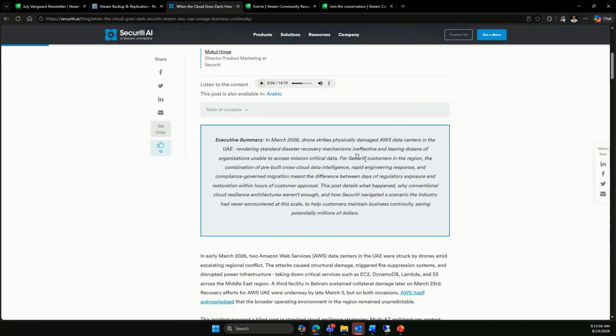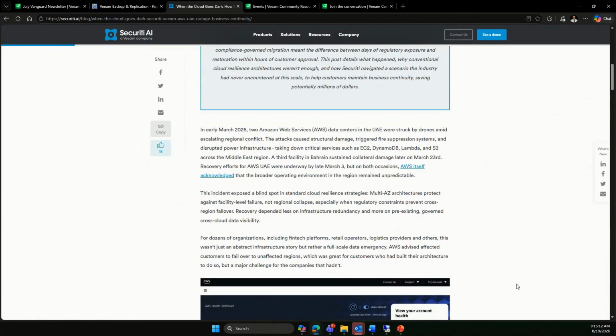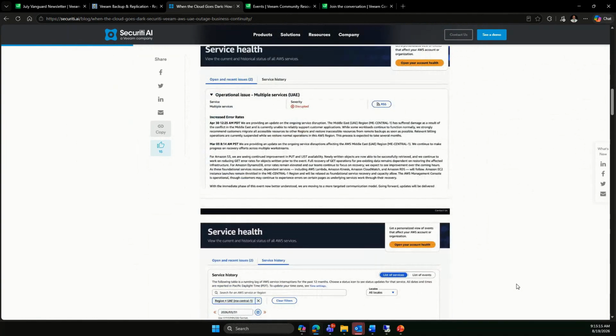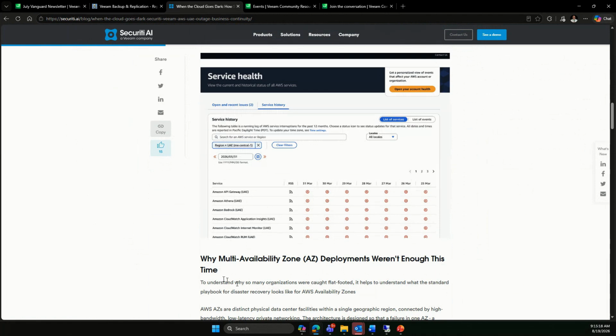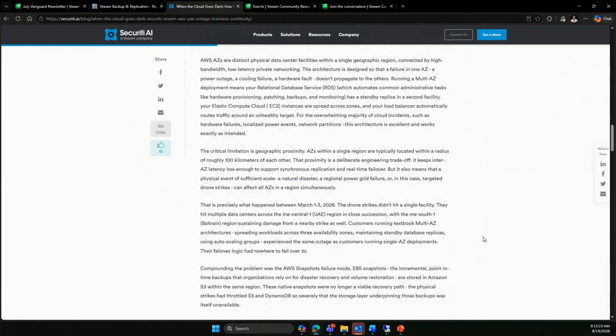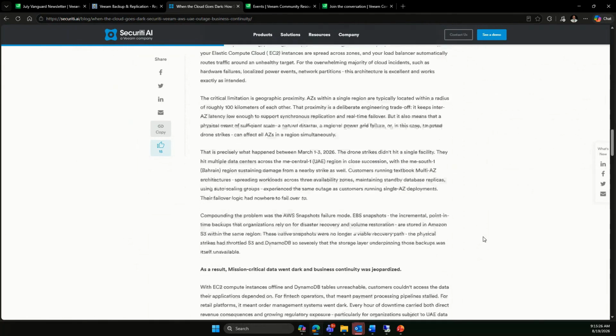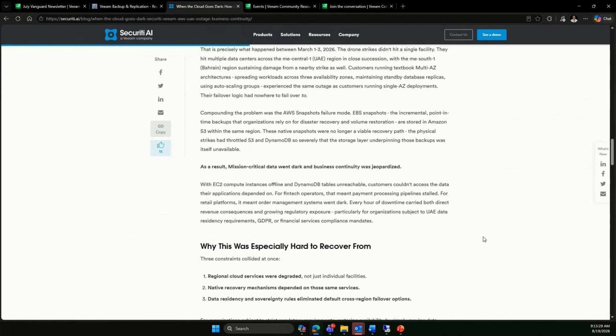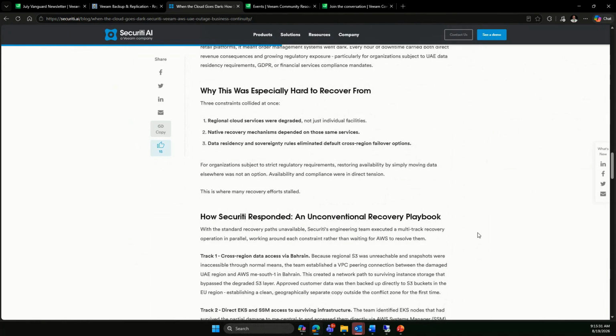In March 2026, drone strikes physically damaged AWS data centers in the United Arab Emirates. And that really kind of put a lot of the planned resiliency elements to test and at risk. It's like, oh, we didn't think about the region being an issue. So I want to just highlight that this blog post walks through kind of what happened when multi-availability zones in a region weren't enough. So this is something at Veeam we have been talking about for a long time, multi-region, multi-cloud. It's a cloud native view of the 3-2-1 rule,